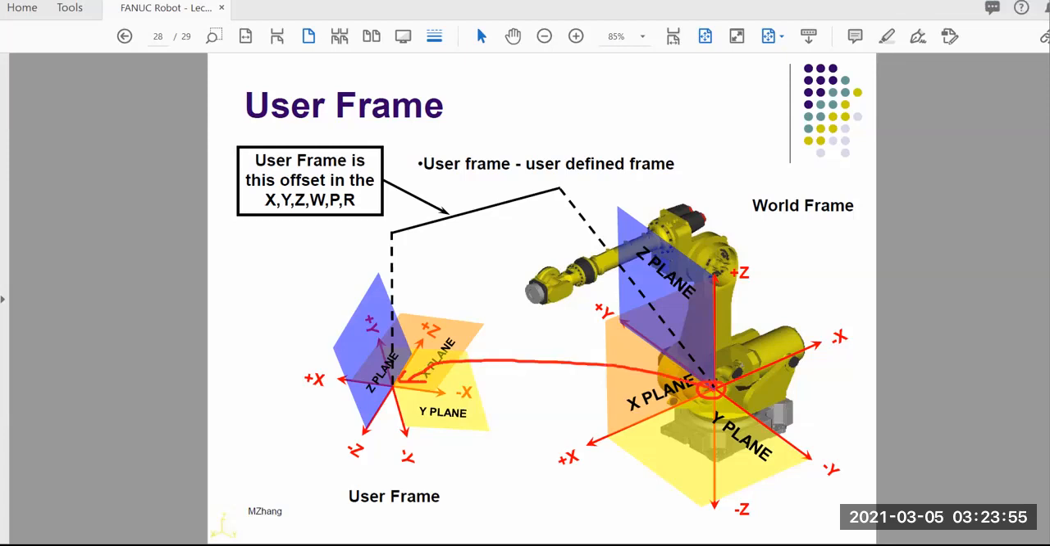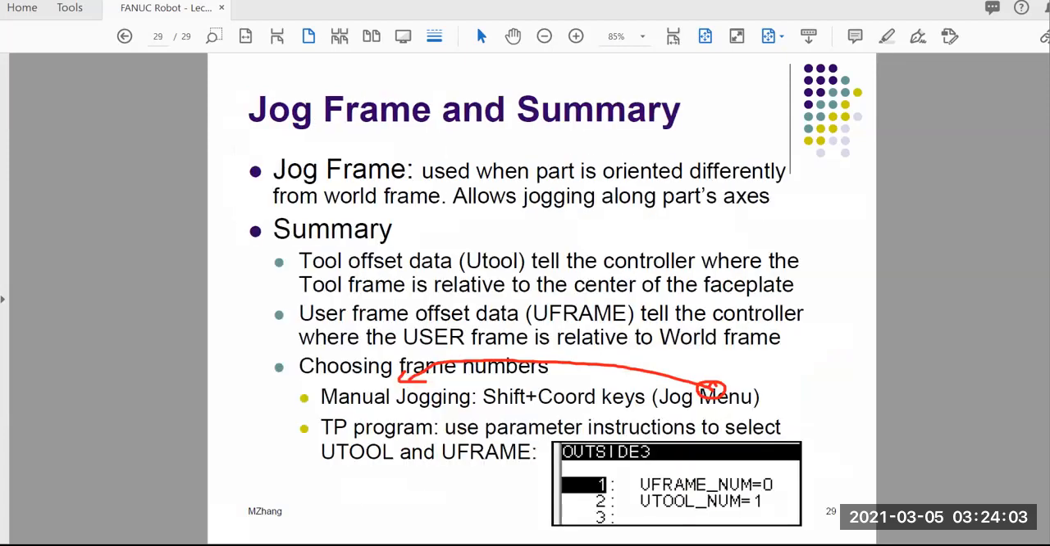The purpose I haven't finished yet, right? So I'm going to use a different video to talk about the purpose and the applications, but you understand what we have on the user frame. Then let's look at the next slide on the jog frame. I don't even want to show you the procedures on the jog frame. You just need to understand that